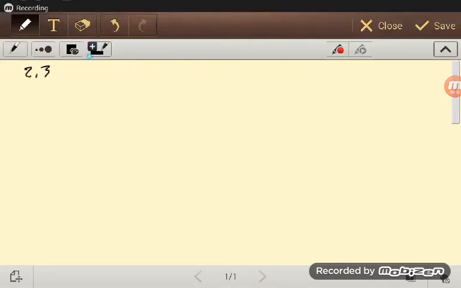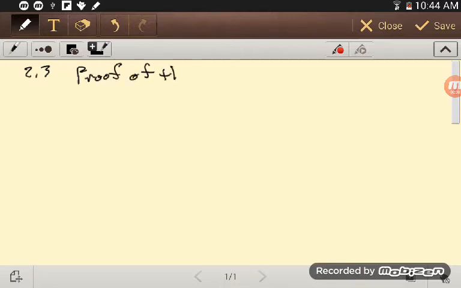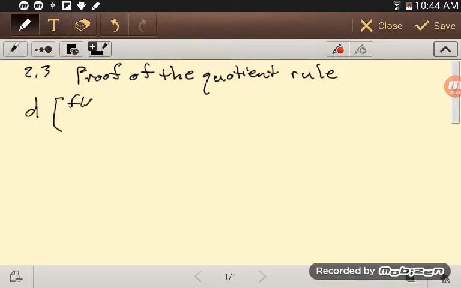2.3, and this is the proof of the quotient rule. And so in this proof of the quotient rule, we want to take the derivative of f of x over g of x